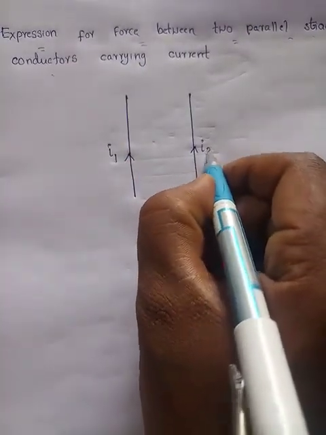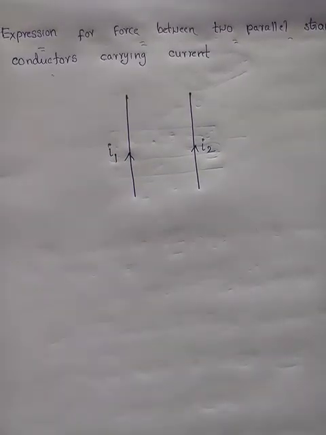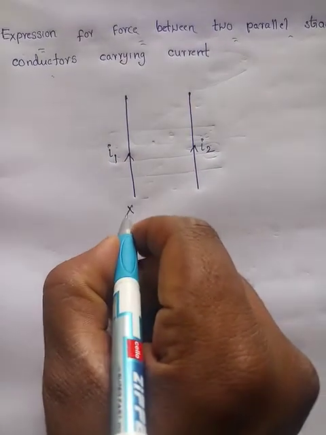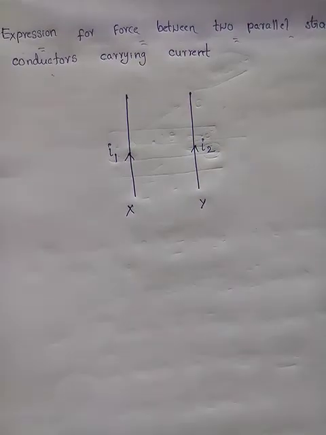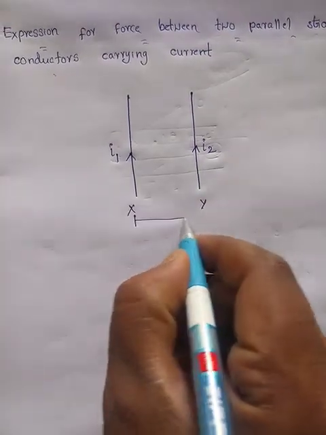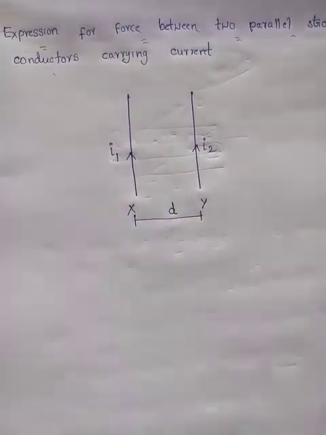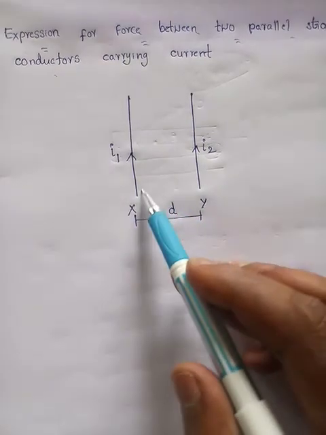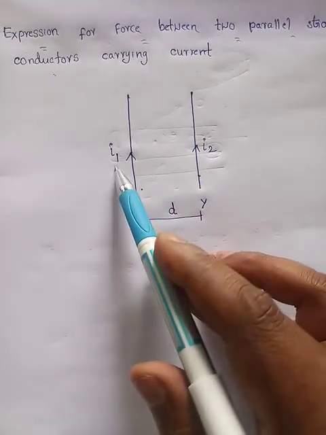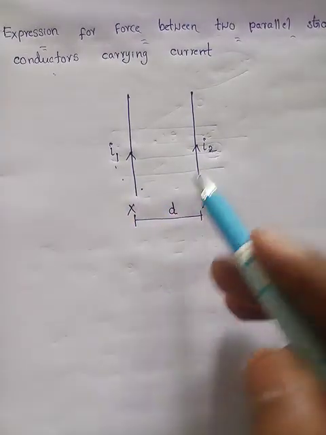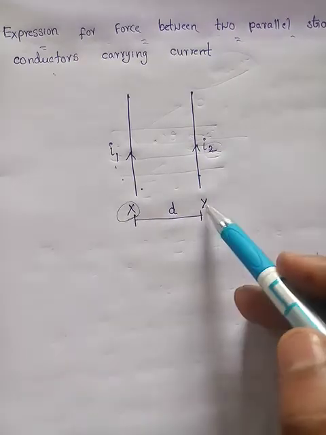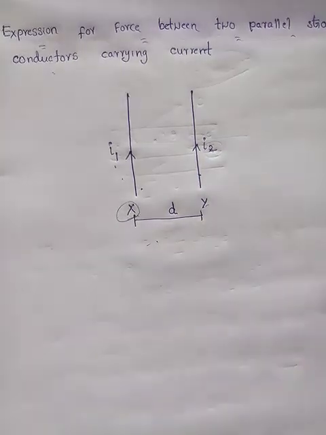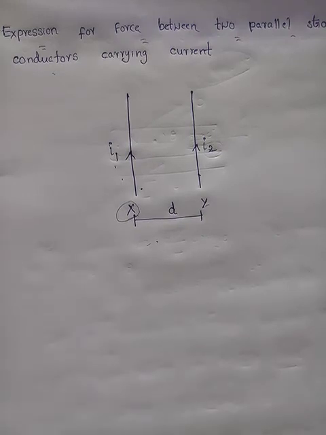What are the conductors carrying current? I1 and I2. Let us give the names of these two conductors, that is X and Y, separated by a distance of D. So we consider two conductors carrying different currents, I1 and I2, named X and Y, separated by distance D. Okay. Now